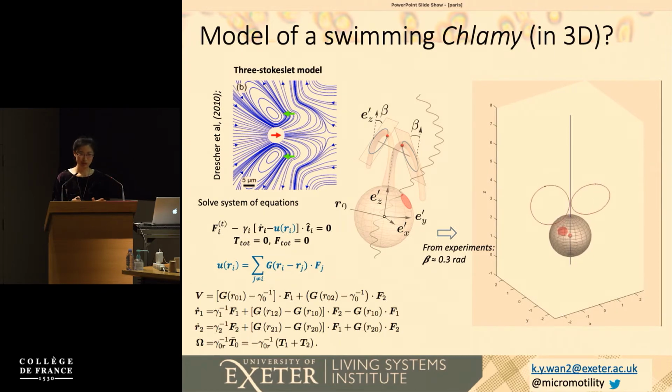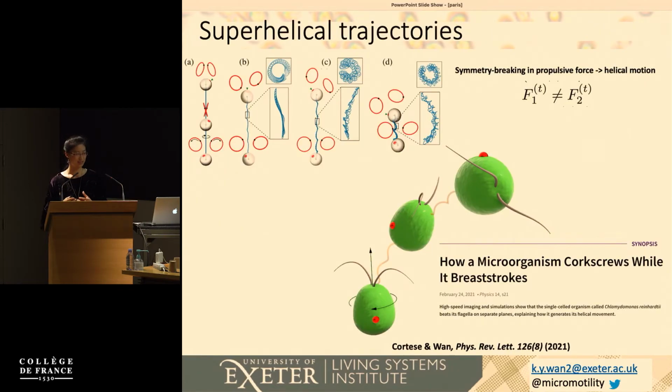But you might ask, well, it's not really performing helical swimming. The final ingredient that one needs to make the cell spin around its own axis in a helical way is to break another axis of symmetry. And this you can do in many ways, and the way that we decided to do it was by breaking the force symmetry. So essentially, if you imagine that the left flagellum produces a slightly different force from the right flagellum, then this adds